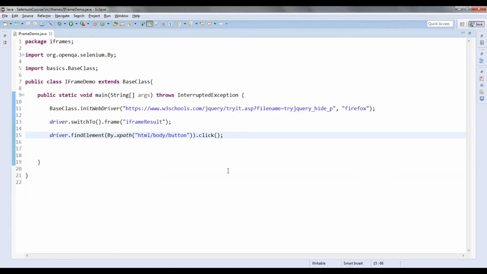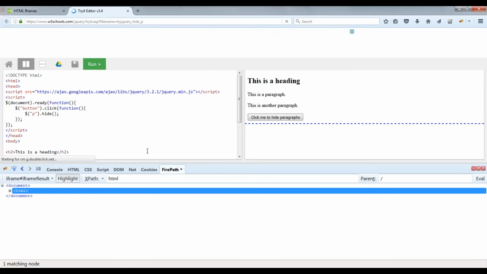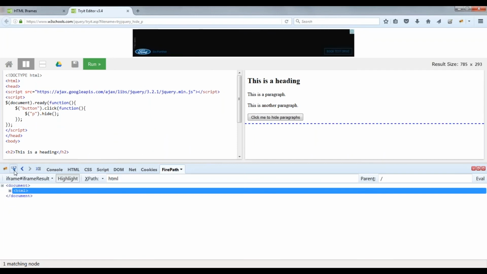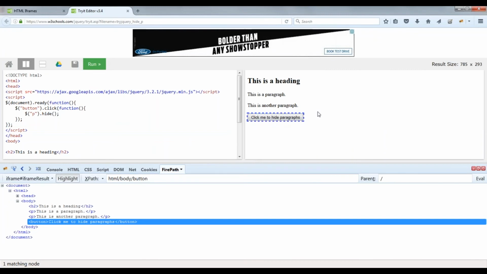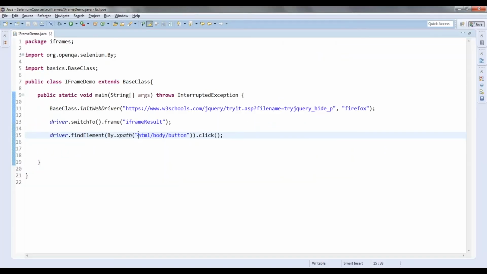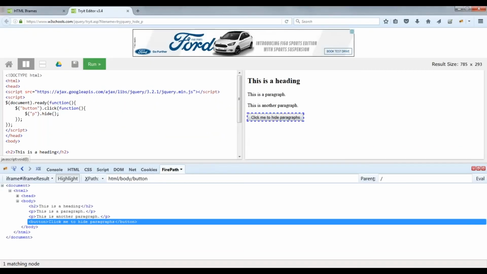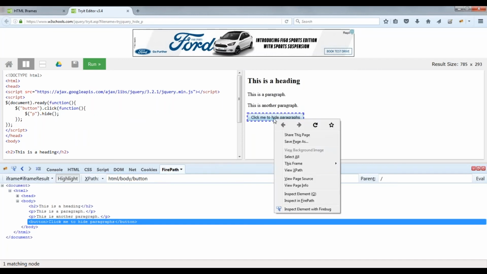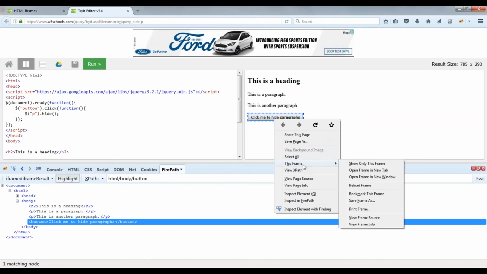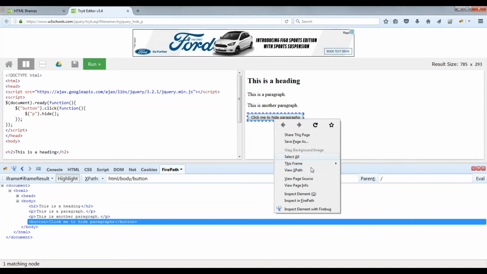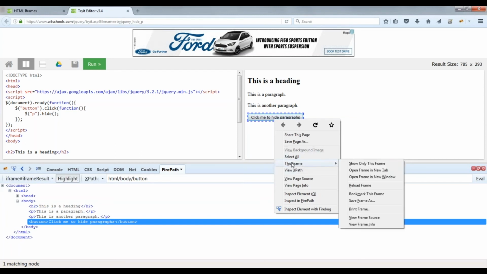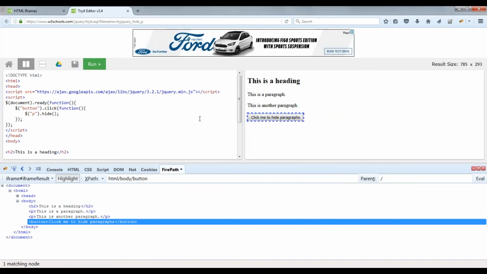Okay, right. So few things you need to understand here. First thing is, if you get no such element exception, either you might have given a wrong XPath or wrong ID or anything, or it might be there inside a frame. So if it is there inside a frame, how exactly am I going to identify? I have shown you two ways. One is right click. It is going to give you the option of this frame. So what is this frame? This frame, if it shows, then this element is there inside this frame.